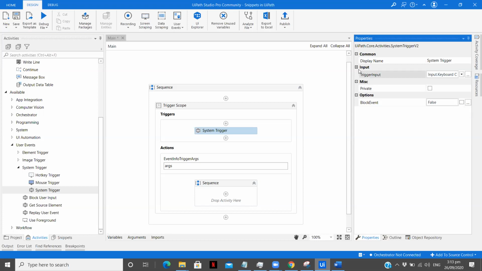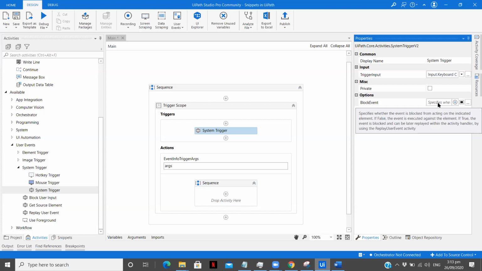Now before that, you see we have an option called block event. So let's read the description about it. Specifies whether the event is blocked from acting on the indicated element. If false, the event is executed against the element. If true, the event is blocked and can later be replayed within the activity handler by using the replay user event activity. Now if I'm blocking some particular event, but in my workflow I still want it to be performed, maybe that can be the case somewhere, but we obviously wouldn't do that. But if it is blocked and you still want to run it, in that case you can use a system trigger.